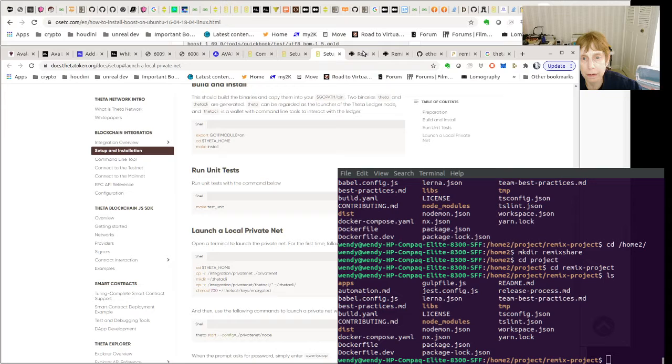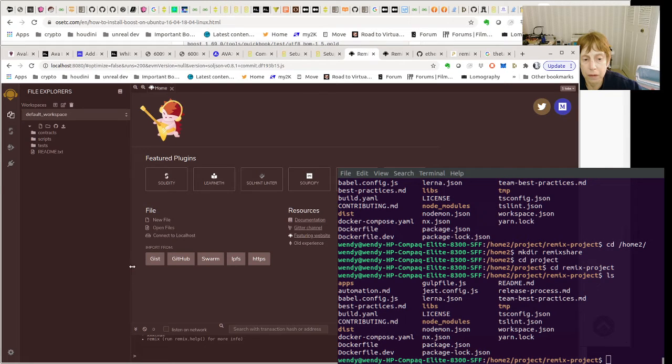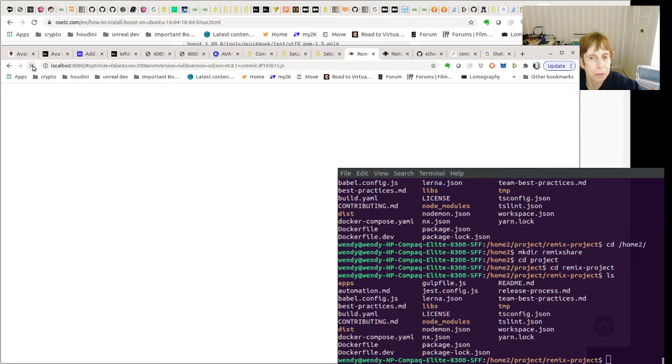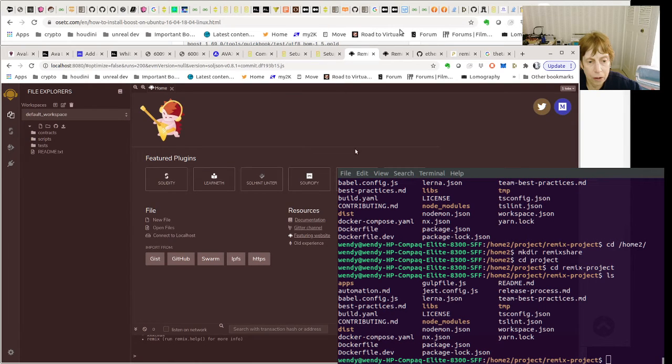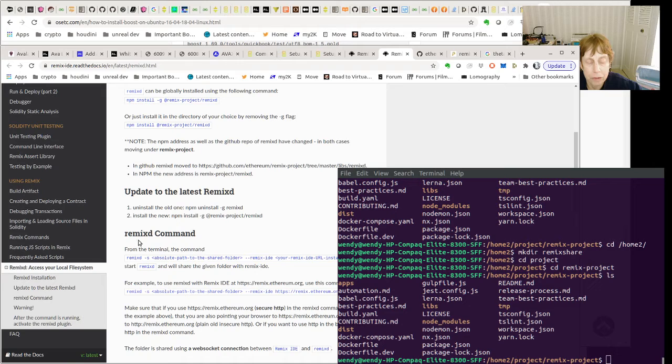Now, the next thing I wanted to do is see if I can connect Remix. Let me see if this is still going to cooperate with me. So we have Remix here, and if I click to connect to localhost, it's not giving. It was giving me instructions, but what it boiled down to is that you have to not just have Remix running, but install their daemon. And so what you have to do